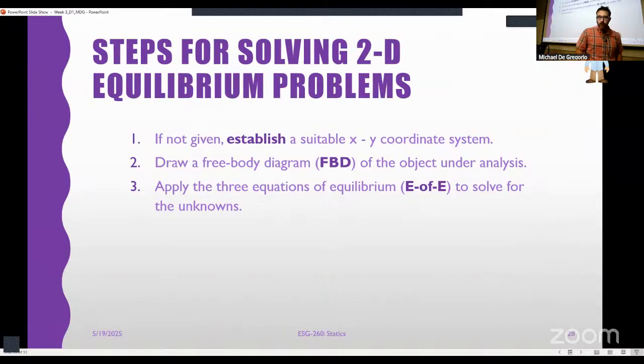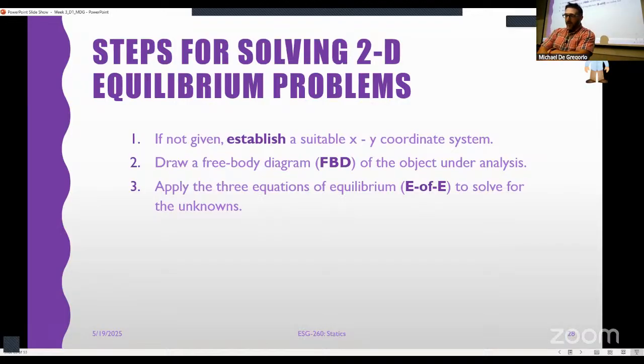Okay. So if we want to solve these problems, what do we do? If you don't know it, then set up an XY coordinate system. I pulled this from the textbook, but I think that's horrible advice. I think that you should always do this regardless of whether or not it's given to you. You should always write this down. Even if it's given to you, make sure that you're cool with what's given to you. You guys are free thinking adults. I've told you, you can use whatever coordinate system you want. If one makes more sense to you than another, that's cool. But you got to draw it. Otherwise, I'm going to use the one that makes sense to me.